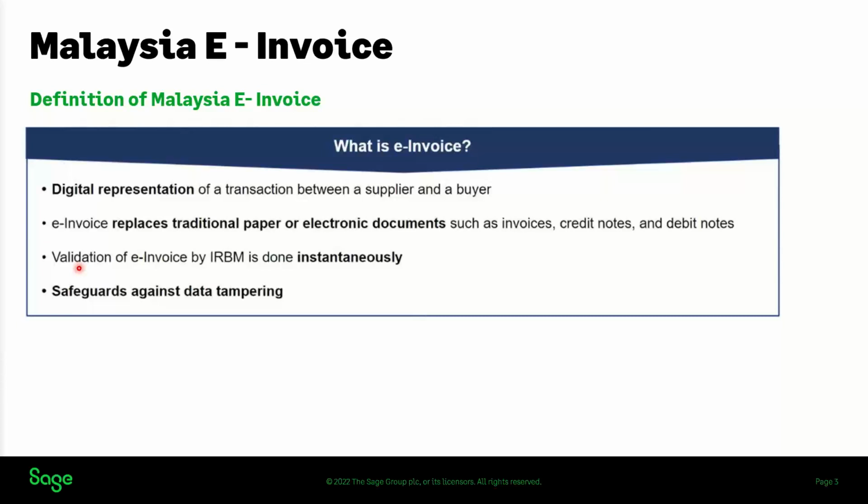If the validation itself has a lag, a delay, then it will definitely jeopardize your business transaction, your business operation. So LHDN has confirmed, has guaranteed, that the validation of your e-invoice, when we submit to them, will be done simultaneously. They also mentioned that there is a measurement and a safeguard to make sure every invoice that is sent to them for validation is safeguarded against data tampering. It means that nobody can actually touch your data, nobody can actually change your data.